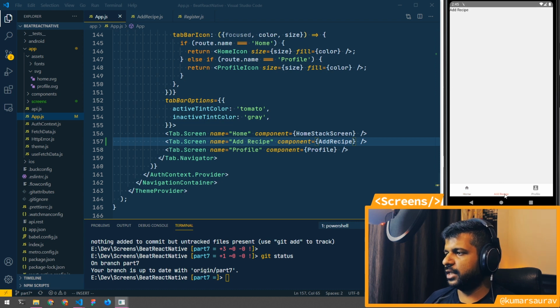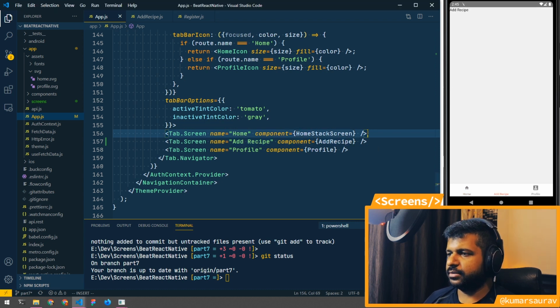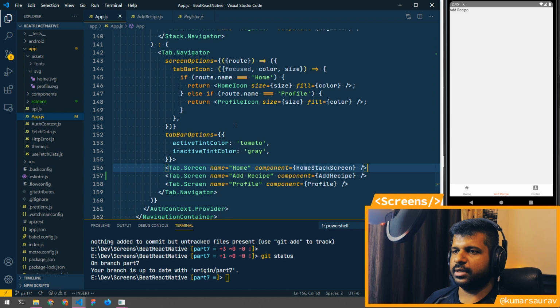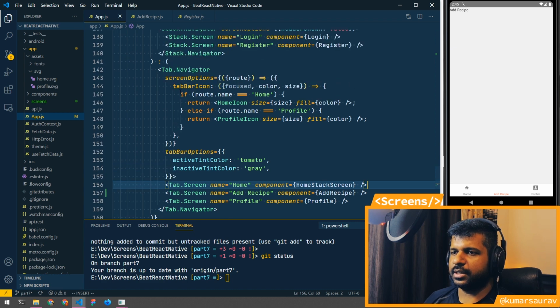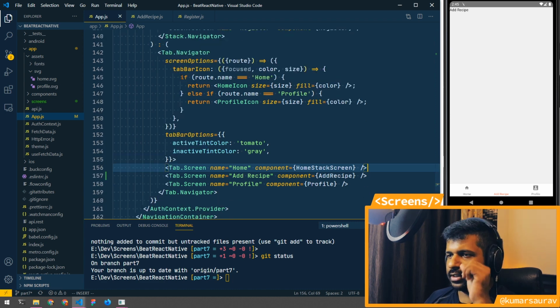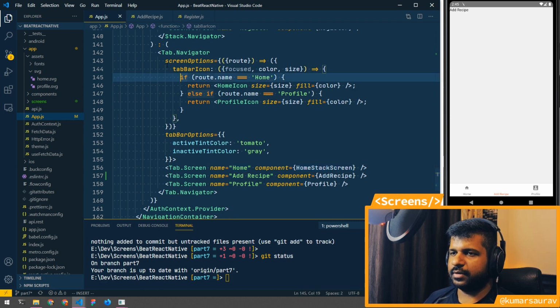Now let's go ahead and style this. So in order to style this, I'll just refactor some of the things here. One thing I'll refactor is I'll try to move this screen option to the individual screen so we don't have to do this if and else every time. So we can get rid of this and probably add it to the options. So what I'll do is we can have options like this here,